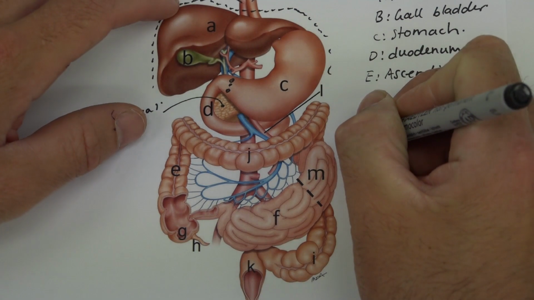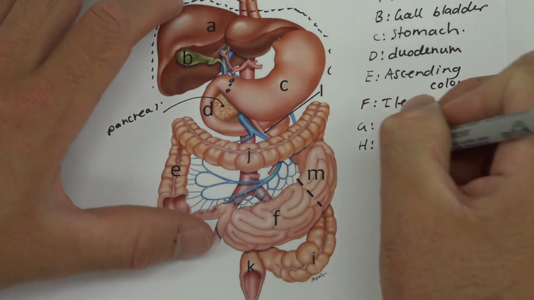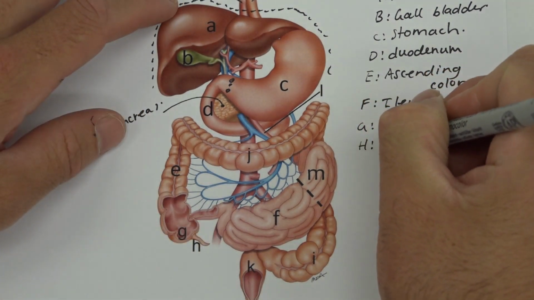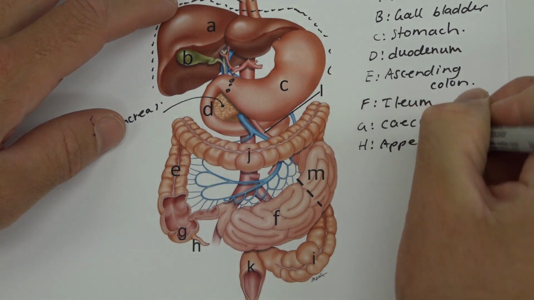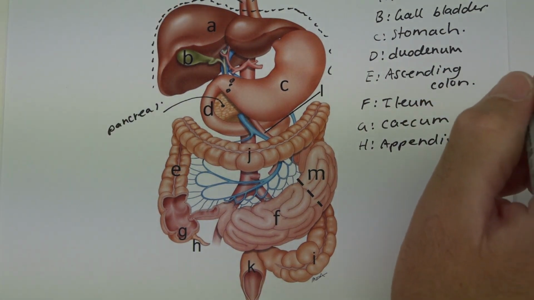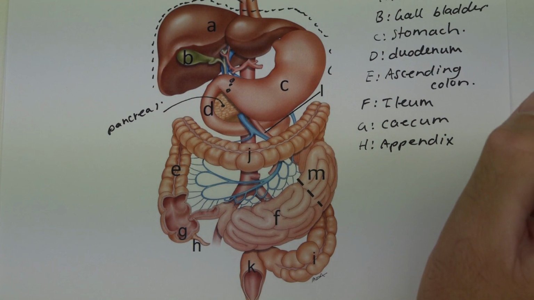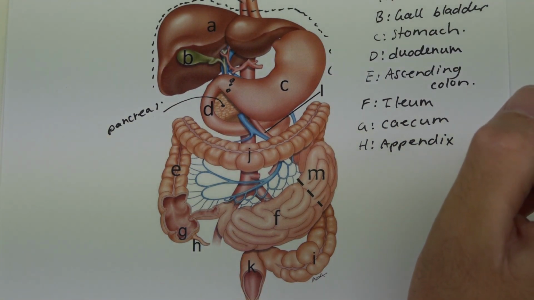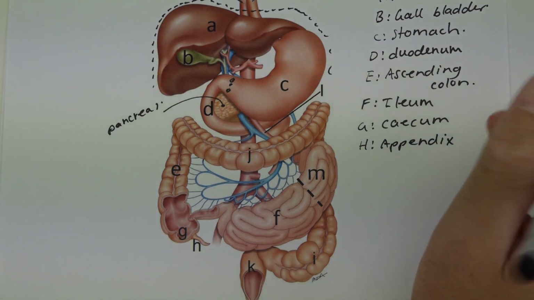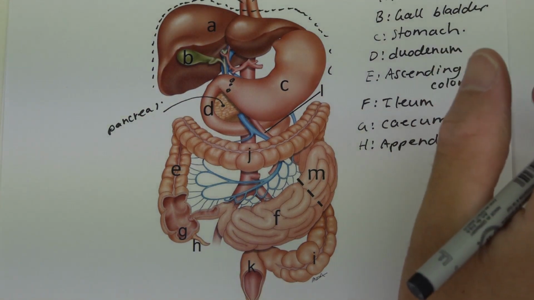H, here we have the appendix. Now in us, once again, very small function, but in animals like a hare or a koala it is really big. So as an example, a eucalyptus leaf can take 5 days to pass through a koala's digestive system. So it needs to sit there and kind of ferment a lot more